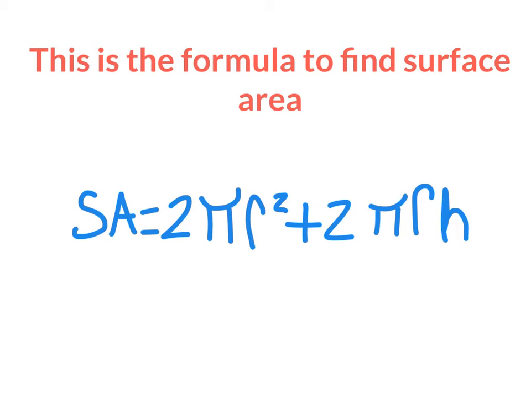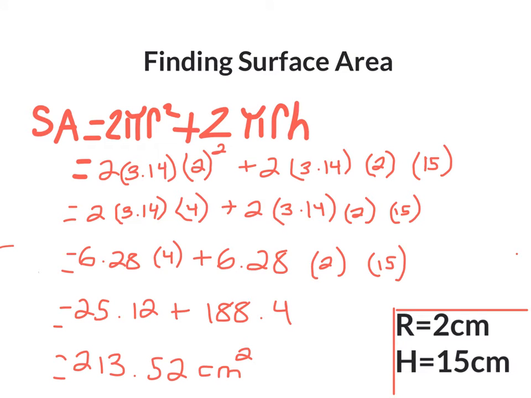This is the formula to find the surface area. Surface area equals 2 pi r squared plus 2 pi r height. Once again, we already know what our formula is, so we can substitute in our variables. Our formula will now be 2 times 3.14 times 2 to the power of 2 plus 2